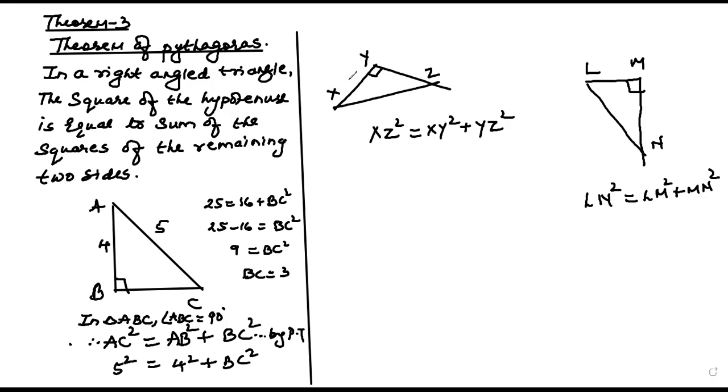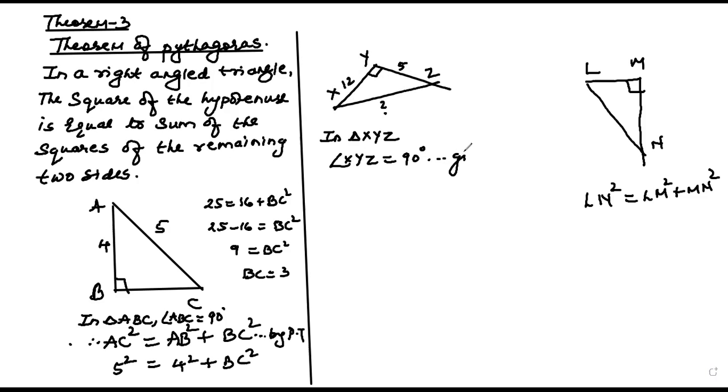जैसे इधर प्लीज हैव अ लुक, अगर ये 12 है और ये 5 है और एग्जैक्ट पूछा है, तो अगेन चिल्ड्रन, राइट एंगल ट्रायंगल के दो साइड्स मालूम हैं, तो तीसरा साइड हम बाय यूजिंग पाइथागोरस थ्योरम निकाल सकते हैं। तो कैसे यूज करते हैं? पहला ट्रायंगल का नाम, इन ट्रायंगल XYZ, बाद में 90 डिग्री एंगल, यहाँ Y 90 है, मतलब एंगल XYZ इक्वल 90 डिग्री, दिस इज गिवन।